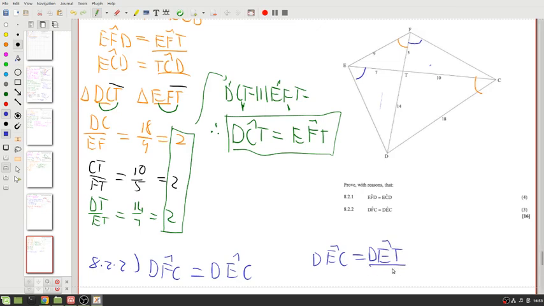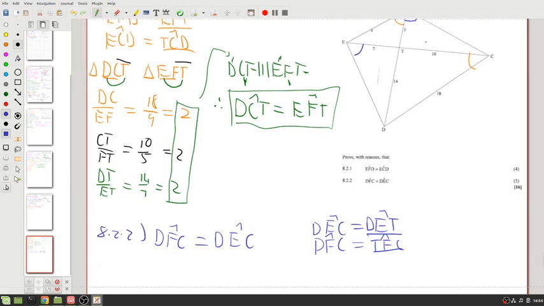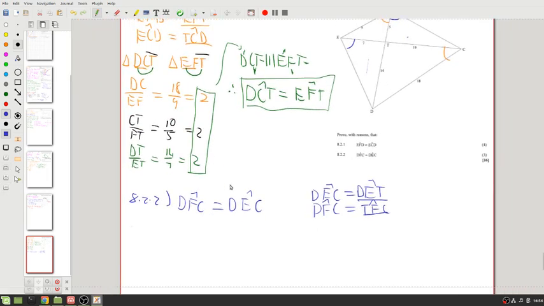And then we'll use that triangle. And the other one, DFC, that's exactly the same as TFC. So DFC is exactly the same as TFC, and we'll use that one. Okay. Now, I'm just going to zoom out a little bit so we can still see the picture as we're